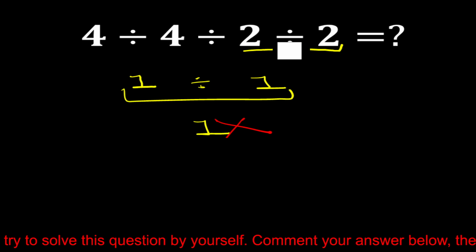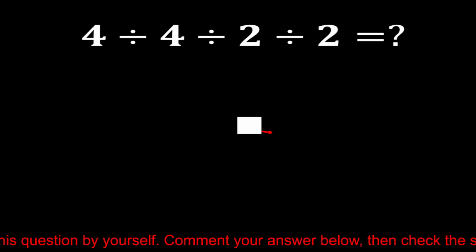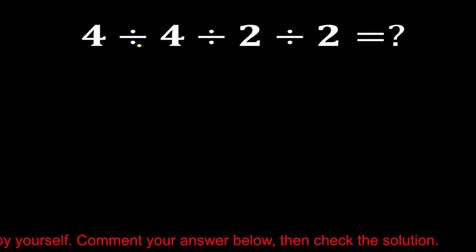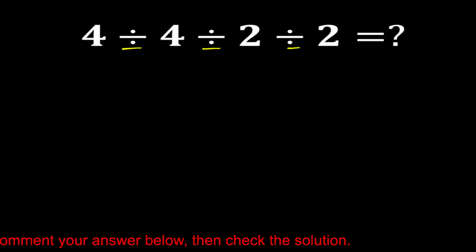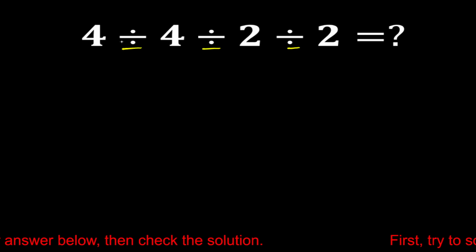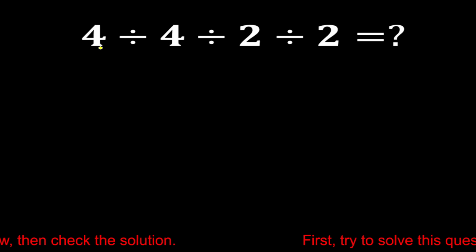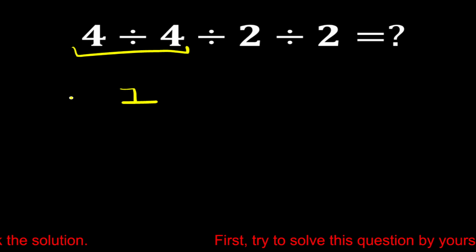So now let's solve this expression correctly. So first we have to solve this division and then this division, then this division, okay? So let's solve first division. So 4 divide 4 is equal to 1